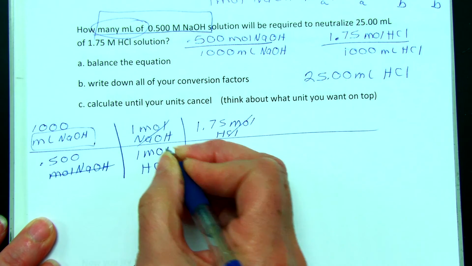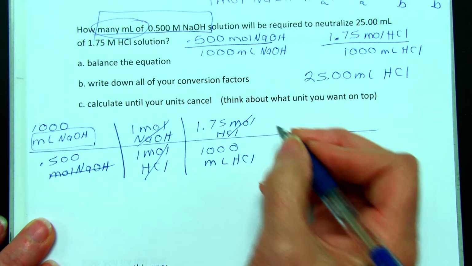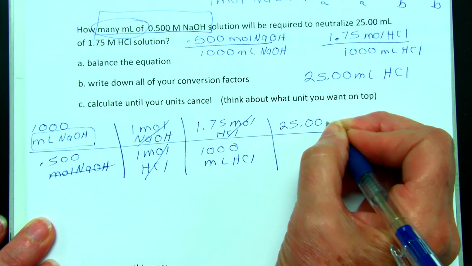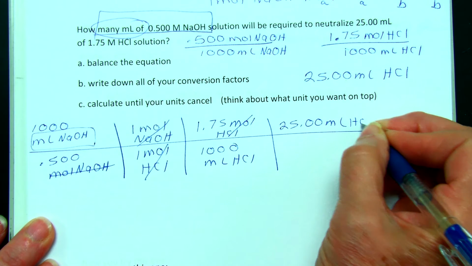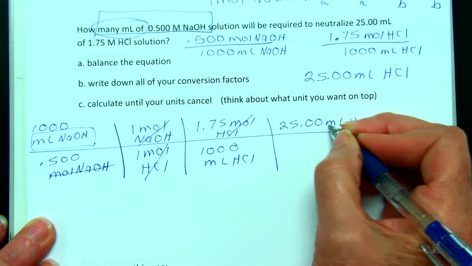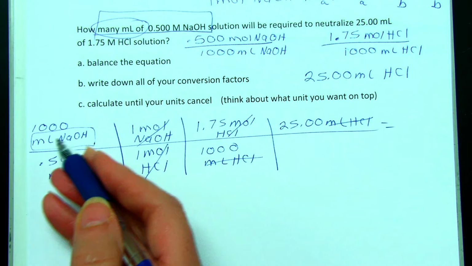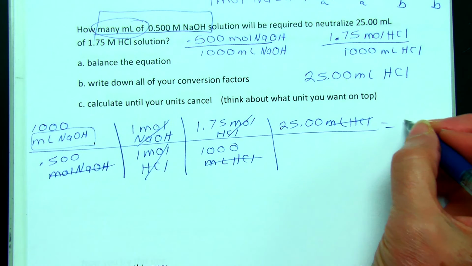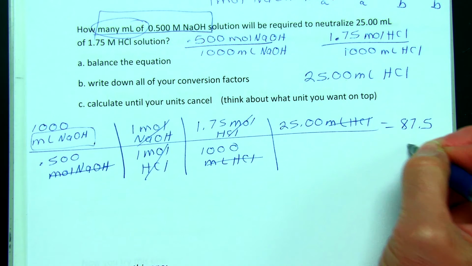So my moles of hydrochloric acid cancel. And I have 25 milliliters of HCl. So now my milliliters cancel, and I've gotten rid of everything except the unit I want. So sometimes I think this method is a really good way to do it, kind of going backwards if you're not sure what you need. And we get 87.5 milliliters